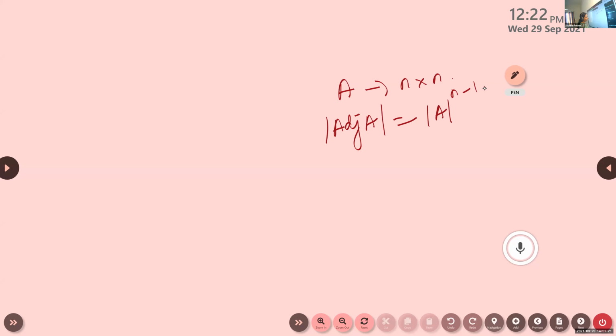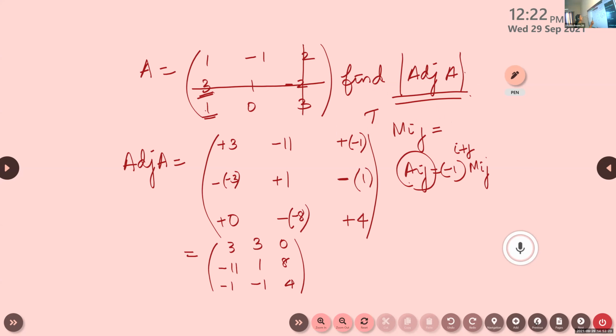Okay, so here in this question, suppose A is given and you are asked to find determinant of adj A. One way is you can find the adjoint like this and do it, but here it is a lengthy way, isn't it? Instead of that, what is determinant of adj A? It will be the same as determinant A the whole square. You can find out what is determinant A.